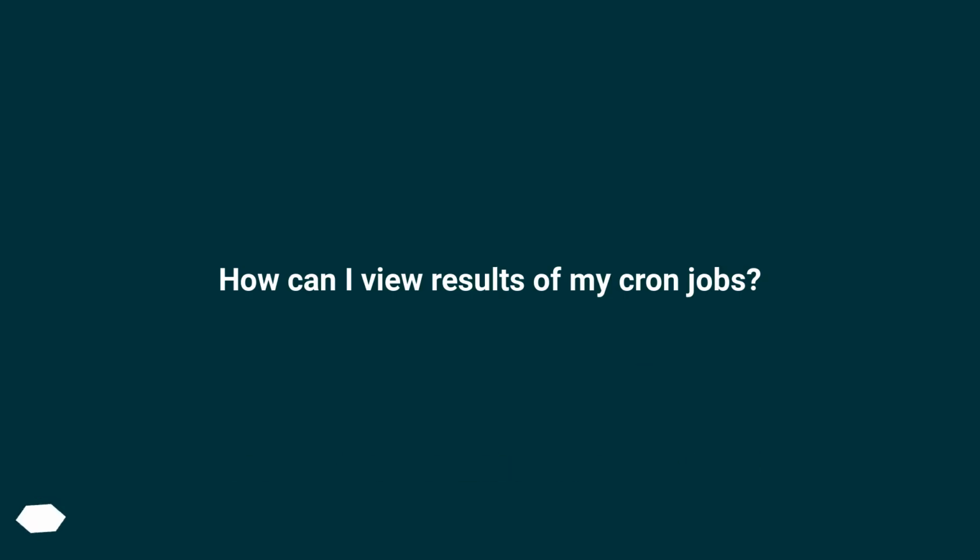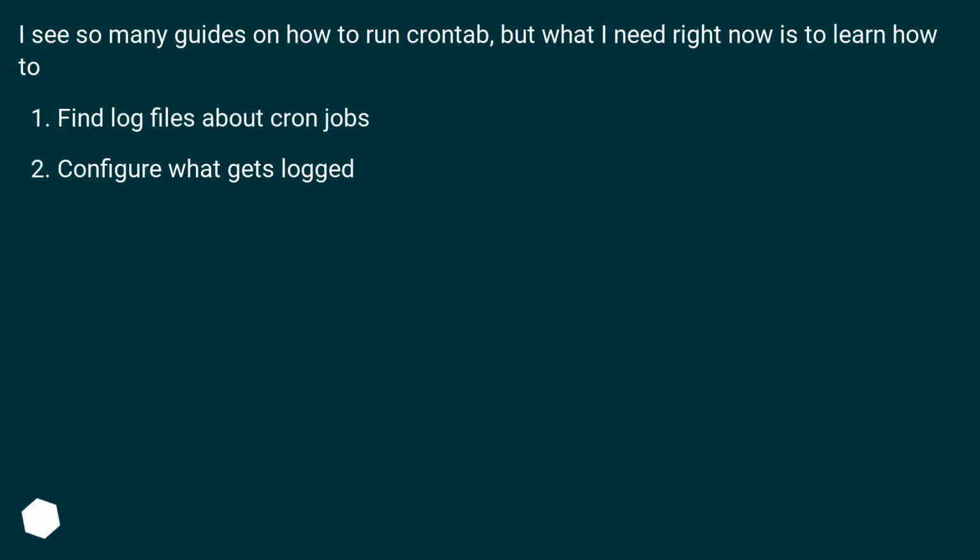How can I view results of my cron jobs? I see so many guides on how to run crontab, but what I need right now is to learn how to find log files about cron jobs, configure what gets logged,